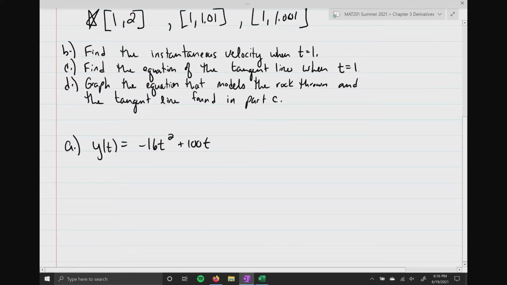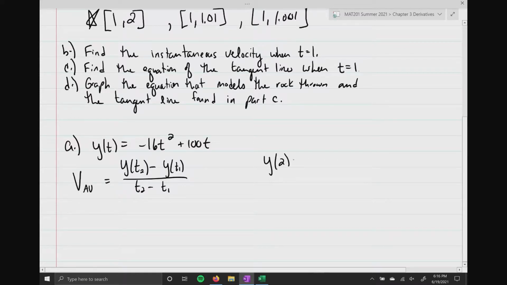Now recall that the average velocity is going to equal, well, in this case, y of t2 minus y of t1 all over t2 minus t1, where t1 and t2 are going to be the time intervals. So I think the easiest thing to do here is just to kind of break it up a little bit and say, okay, well,